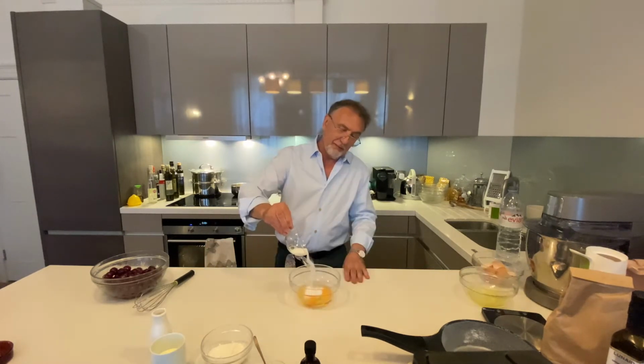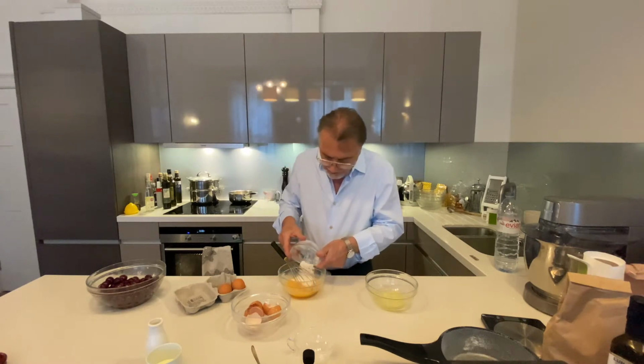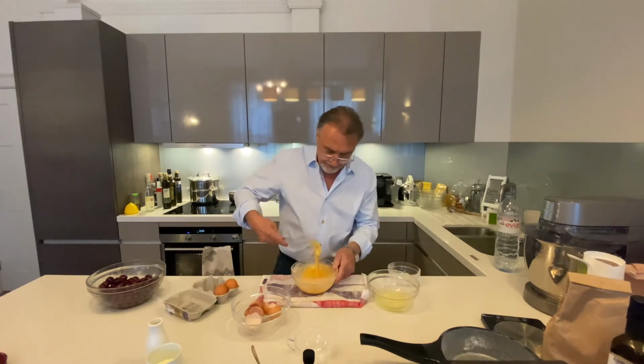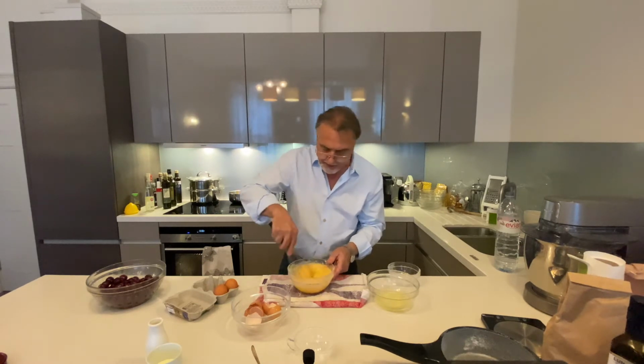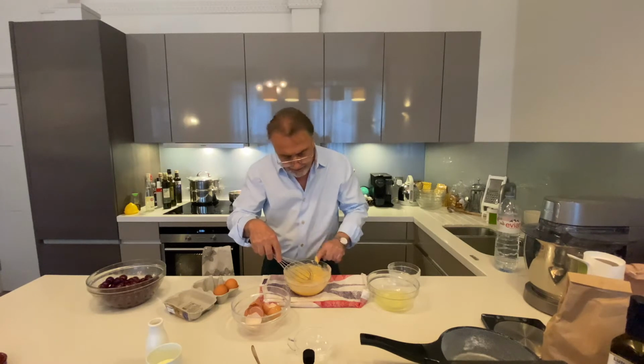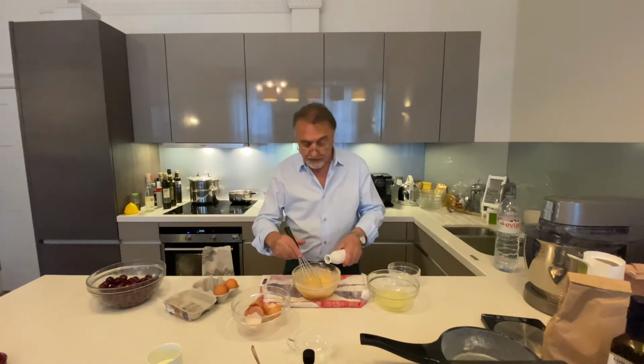So put 30 grams of sugar, no more. I'm adding my flour, which is 50 grams. And voila, so now quite smooth, no pieces, you just shake it up, that's good. I would add some milk, only 70 grams of milk,